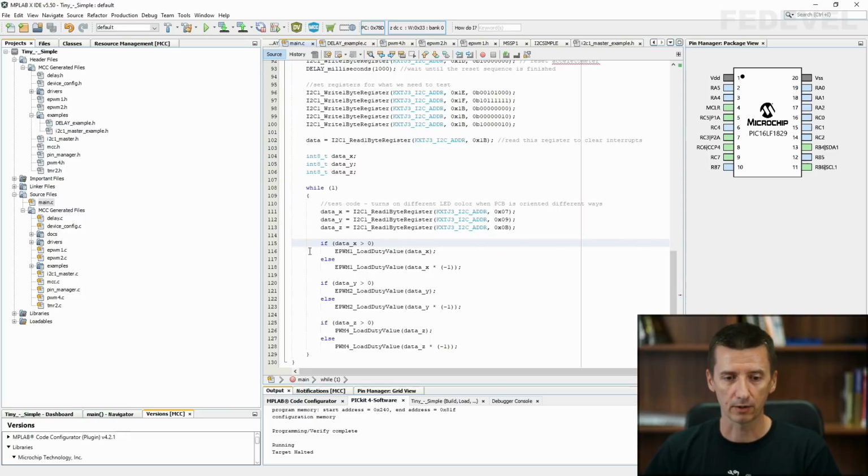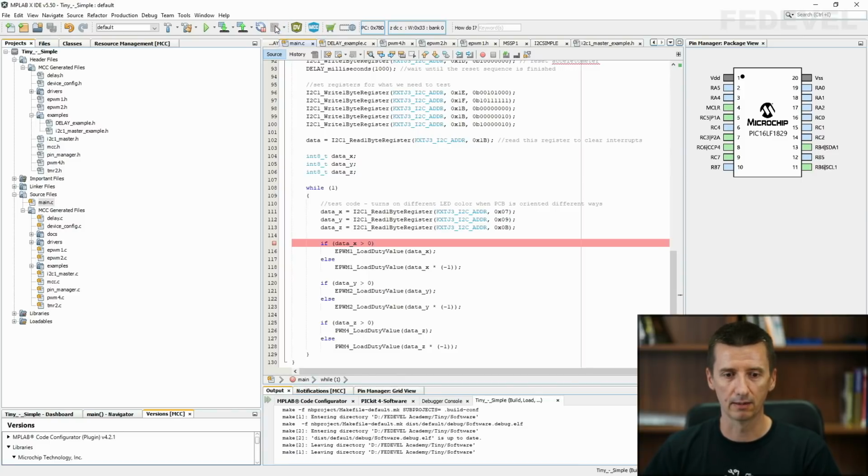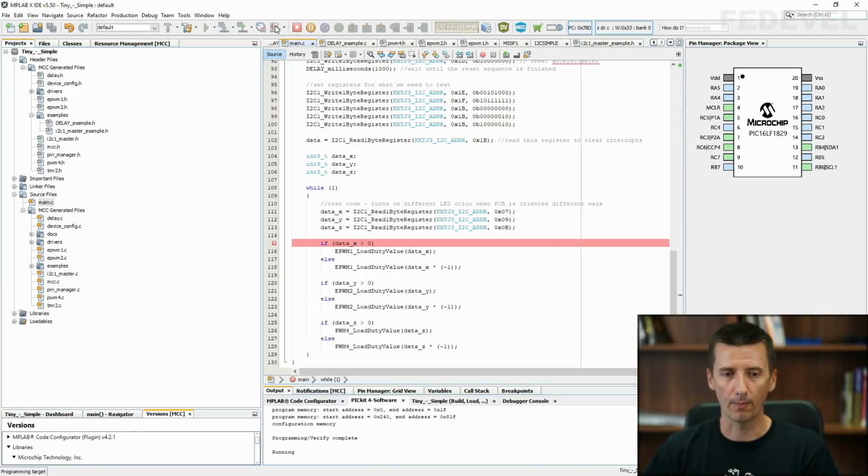To stop the software on this line, we need to place a breakpoint. And it's very simple, just left click on this bar which is here, on the line where you would like to stop the software. Now, instead of using this play button, this time we are going to use this button, Debug Main Project. Okay, so just left click here and wait until the software compiles, flashes to our board, and then stops on this line.